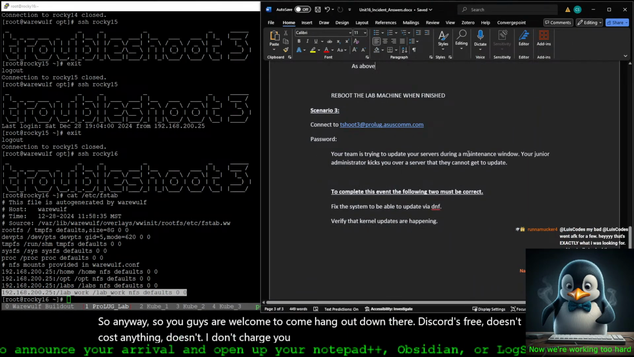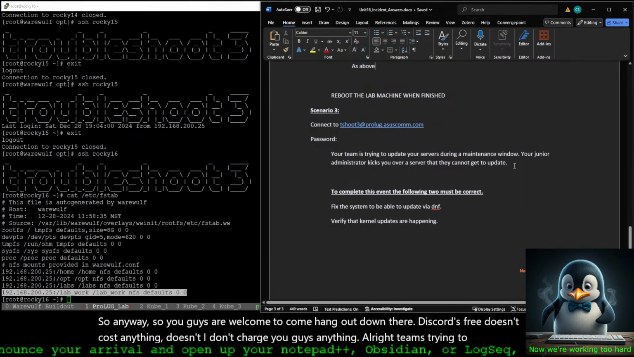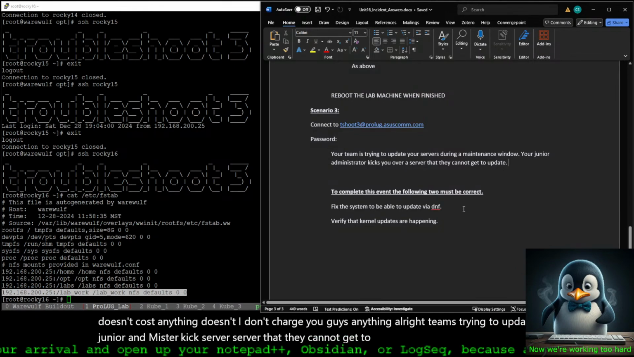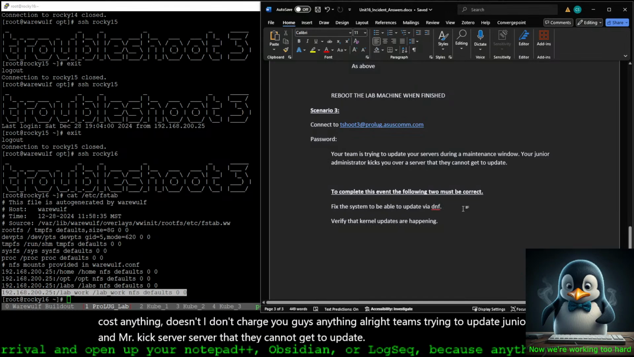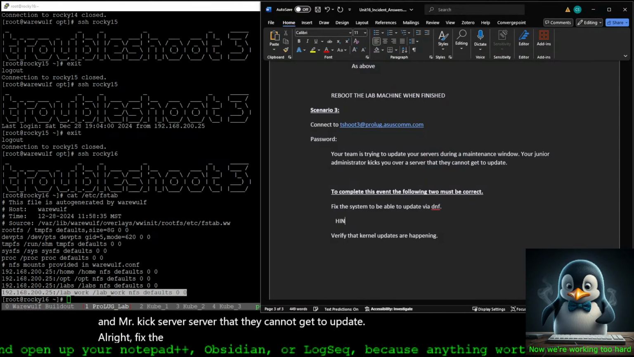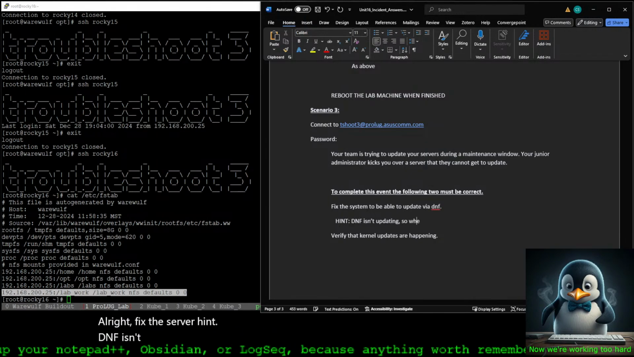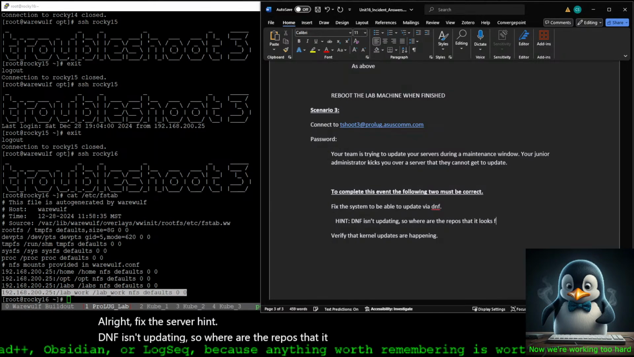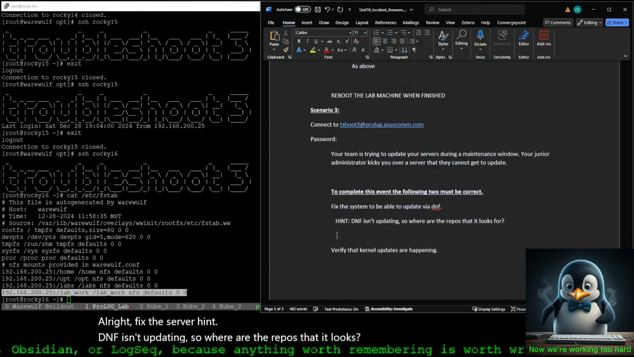All right, your team's trying to update the junior administrator's CentOS server that they cannot get to update. All right, fix the server. Hint: DNF isn't updating. So where are the repos that it looks for? Answer: